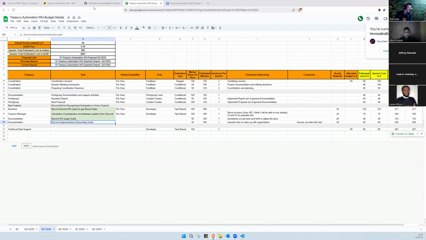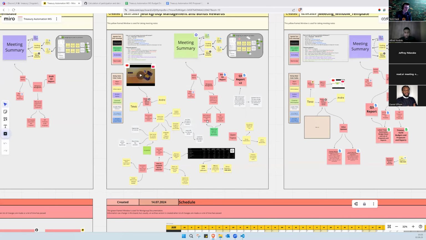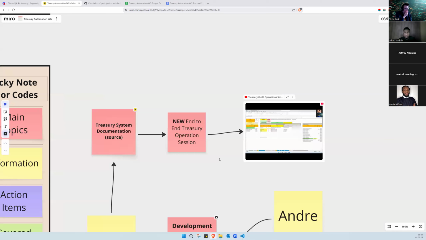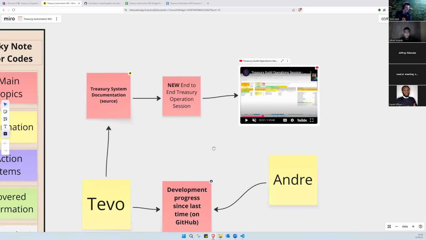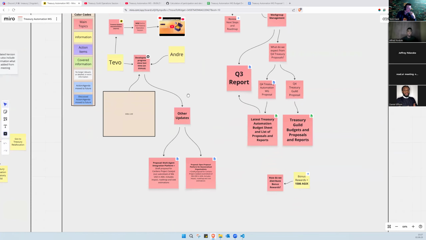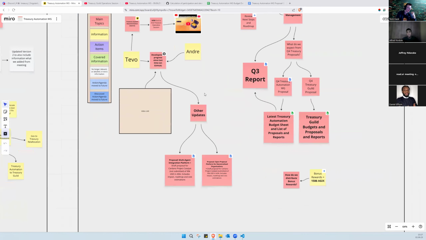So everybody, yeah, this is the treasury updates. Oh yeah, other updates that can be necessary: if you're interested in this Miro board and the meeting summary, you will find a video for an end-to-end treasury operation session. Basically that gives an insight of what we do, what services we provide,